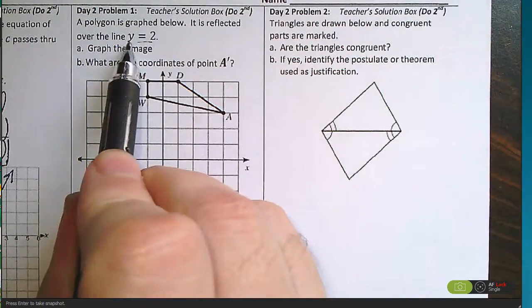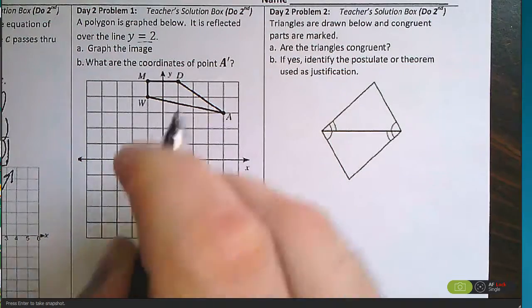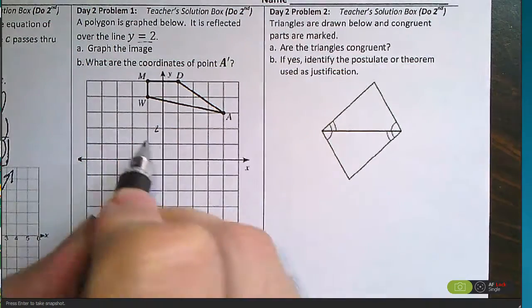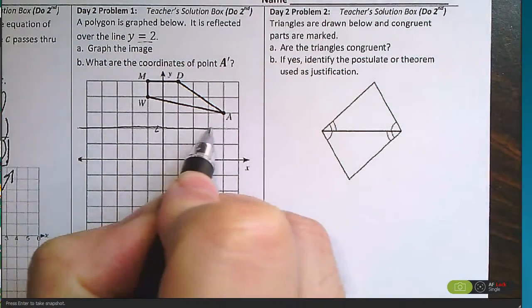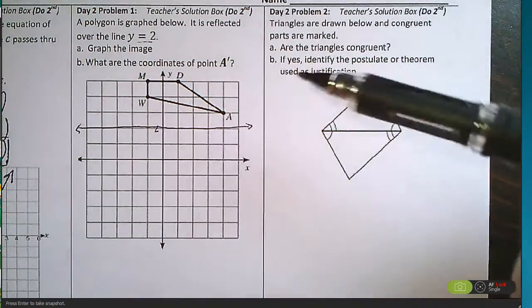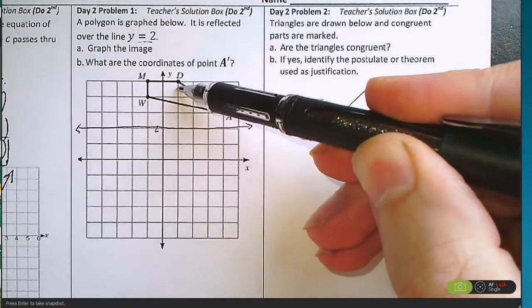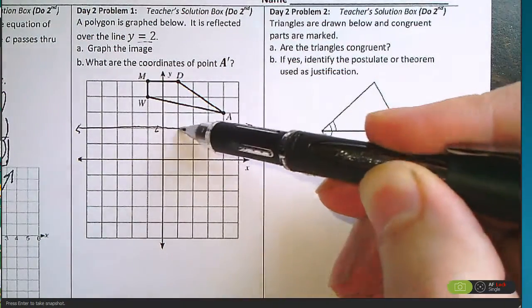So we want to find the line y equals 2. So here's the origin, here's 1, and here's 2 on the y-axis. The line y equals 2 is a horizontal line crossing 2 on the y-axis. This is our reflection line. What that means is we're going to take this polygon and redraw it on the other side of the reflection